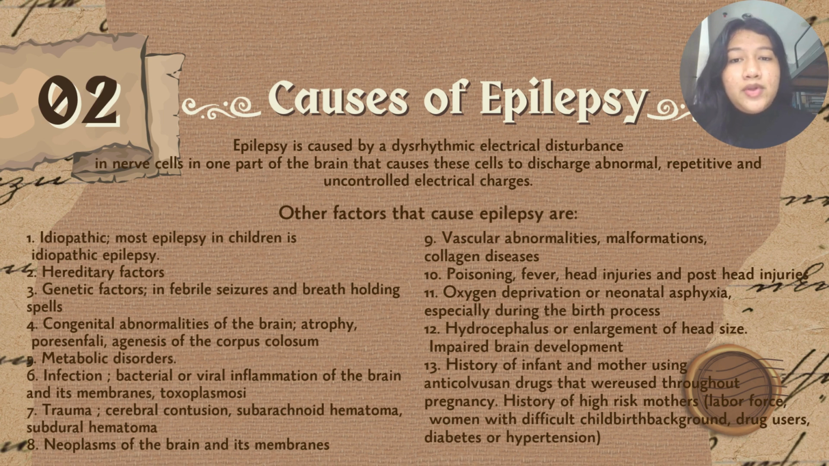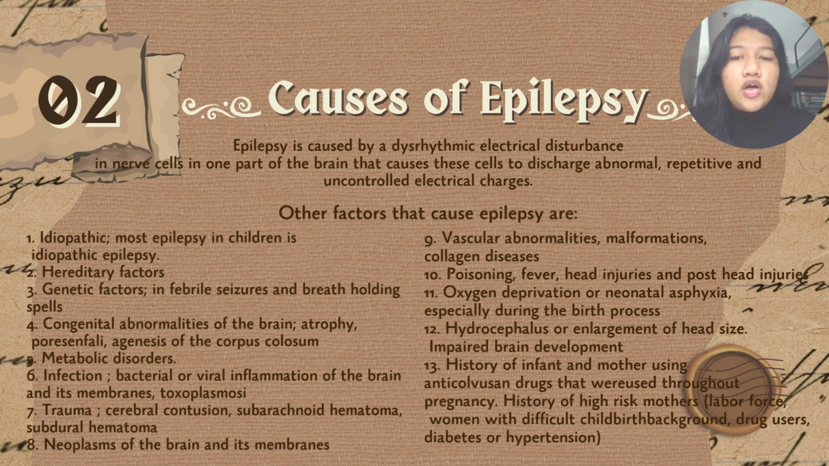1. Idiopathic. Most epilepsy in children is idiopathic epilepsy. 2. Hereditary factors. 3. Genetic factors, febrile seizures, and breath-holding spells. 4. Congenital abnormalities of the brain, atrophy, porencephaly, agenesis of the corpus callosum. 5. Metabolic disorders. 6. Infection, bacterial or viral inflammation of the brain and its membranes, toxoplasmosis. 7. Trauma, cerebral